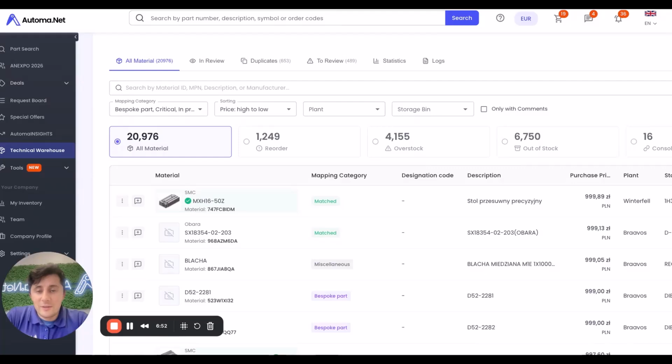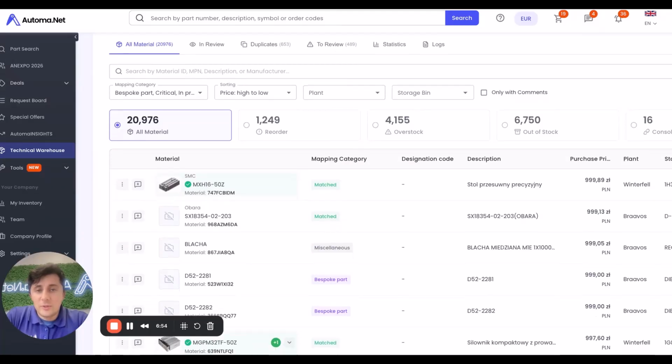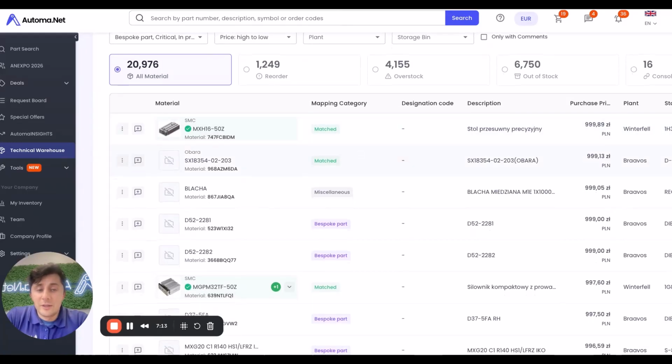You will understand what's in your stock, what has numbers, what doesn't have numbers, and the ones that don't have numbers will help you to get them into the system. Visibility across plants. This is a great game changer because you can stock much fewer parts. And also visibility on the market, which again will help you to decrease your stock without any effect on the